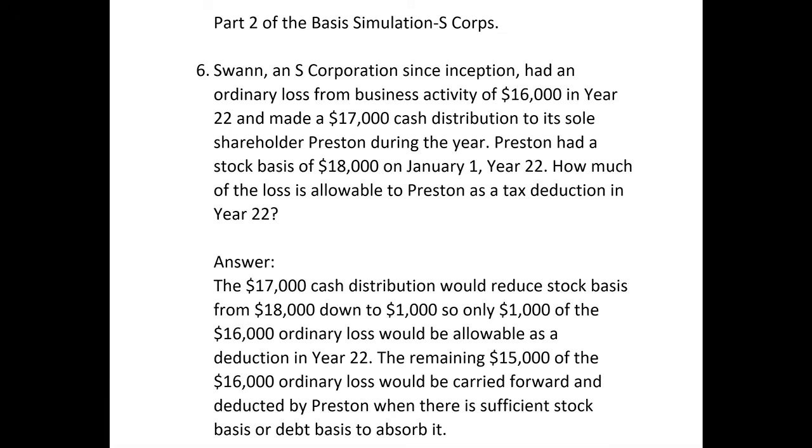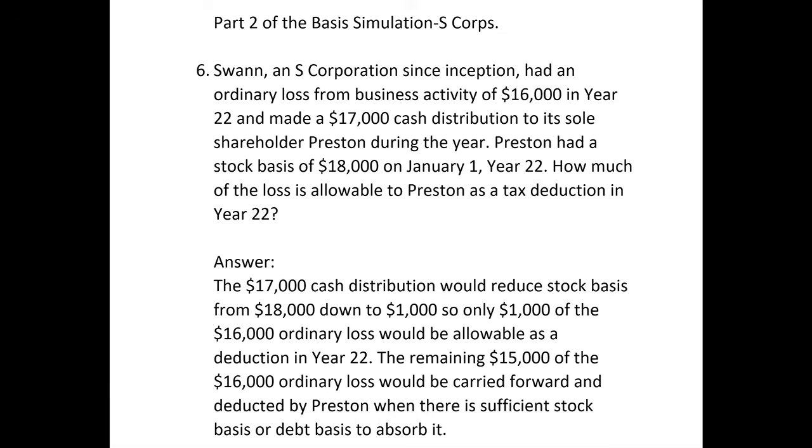Because you have to take the distribution into account before you determine how much of the loss is allowable. And when you take that $17,000 distribution against that $18,000 beginning basis, you're left with only $1,000. So only $1,000 of the ordinary loss is allowable in year 22. The remaining $15,000 will be carried forward